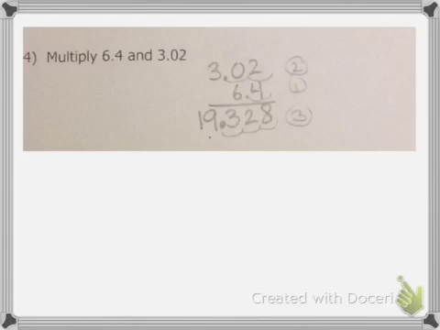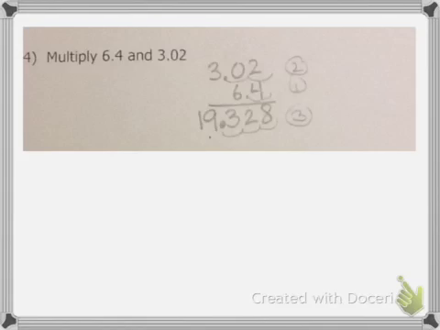Number 4, multiply 6 and 4 tenths and 3 and 2 hundredths. I'm putting the number on top that has more digits, that's 3 and 2 hundredths, and the 6 and 4 tenths has only 2 digits, so it's going to go underneath. And after we multiply out, we end up with